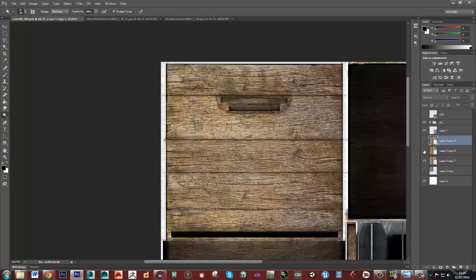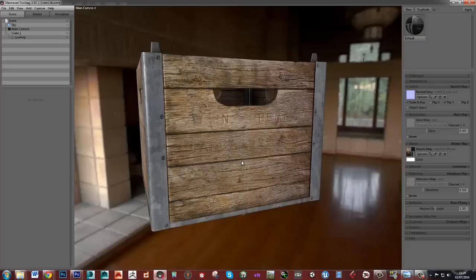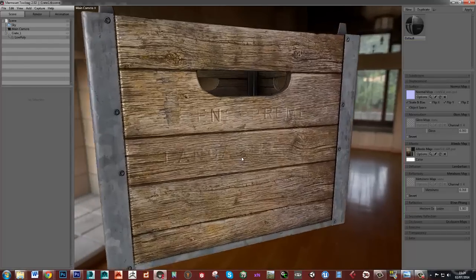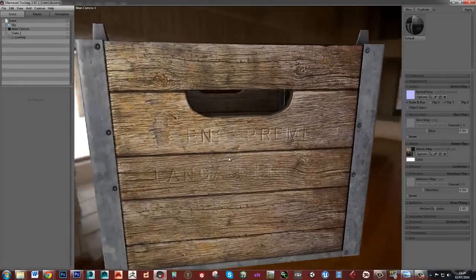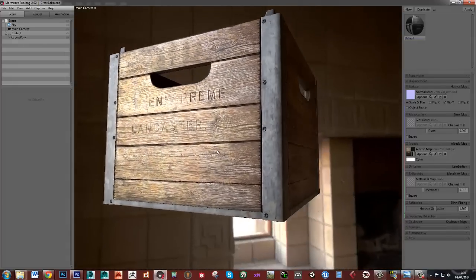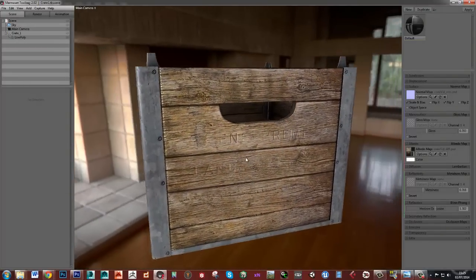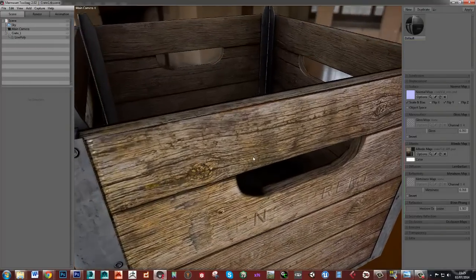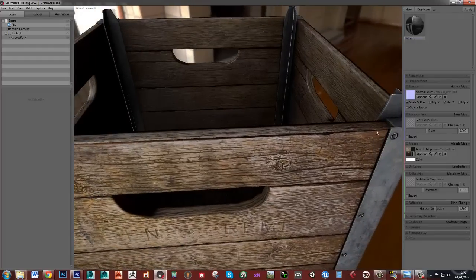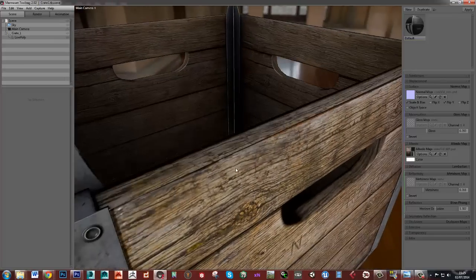So again, this was it without anything painted on. Then this is it with the dark bits painted on, and then that's it with the dark bits and the light bits painted on. So we've gone from that to that. So let's save this and have a look. And that's starting to look a lot more interesting now, or at least I think it's starting to look more interesting. So maybe I'd go through again now and paint in a little more wear at the top. There's